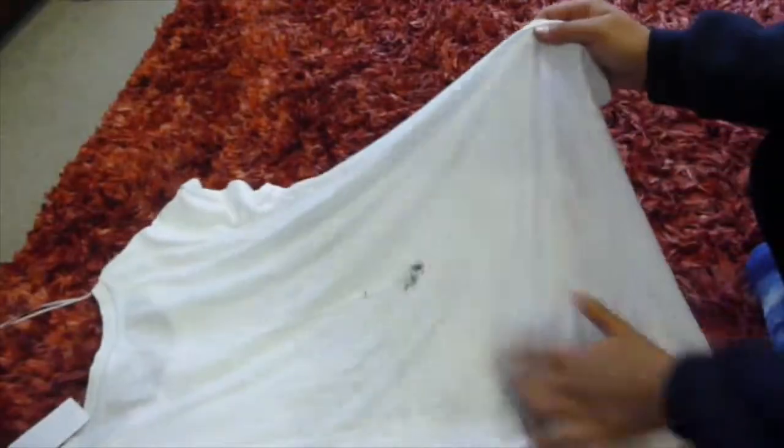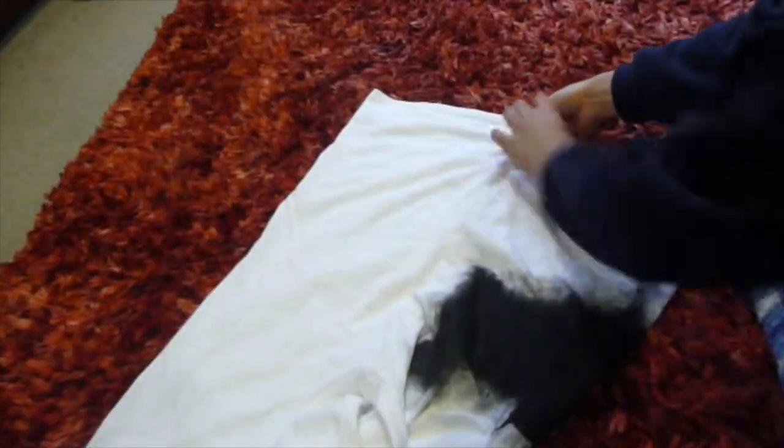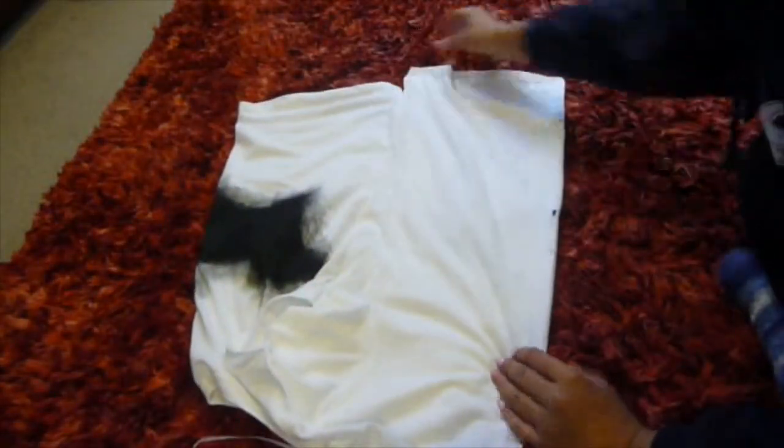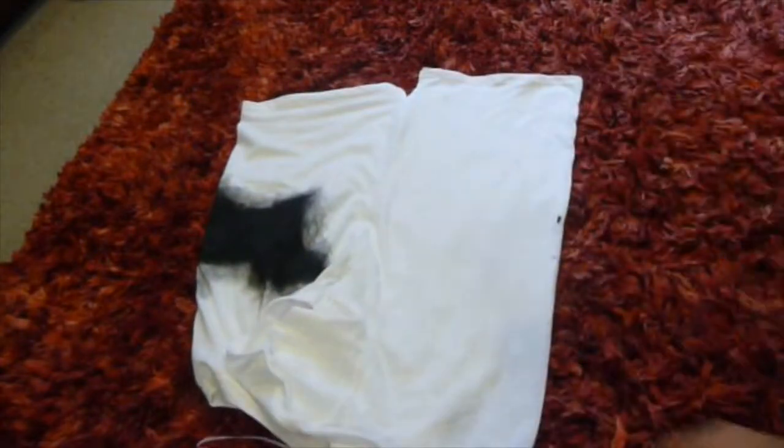Now, I did a little bit, it didn't go as well as I thought, and I had a black mark at the back of my t-shirt because the cardboard that I put in between didn't cover up a hole. So what I decided to do is cut up the back, and all you need to do is fold your shirt in half lengthways,